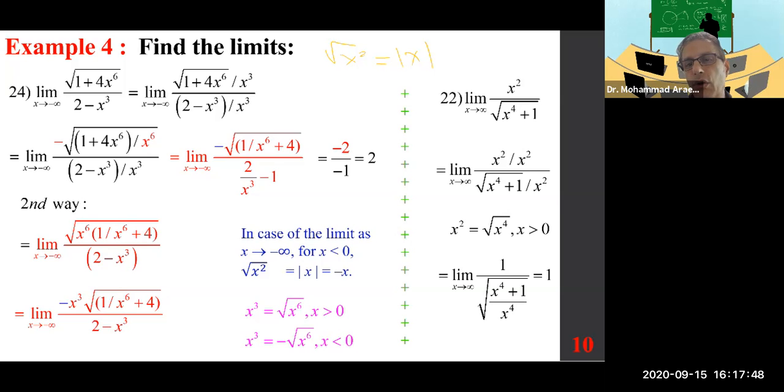This part is equal to 1 plus 1 over x to the power of 4 under the radical. Now you replace the x with infinity, the second part goes to 0, and the answer is 1 over square root of 1, which is